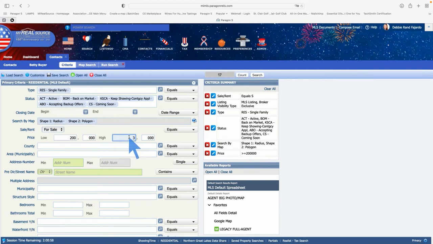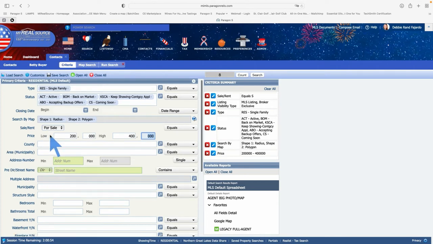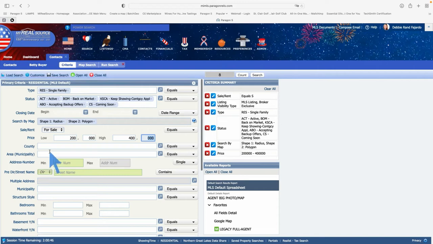To 375, maybe go up to 400, see what we have there. 8, okay, not a whole lot. So we can add in more. One of the things I was helping my agents just the other day, she's an experienced agent, but new to our system. She said, you know, Debbie, I want all of this area here, but not that little city of